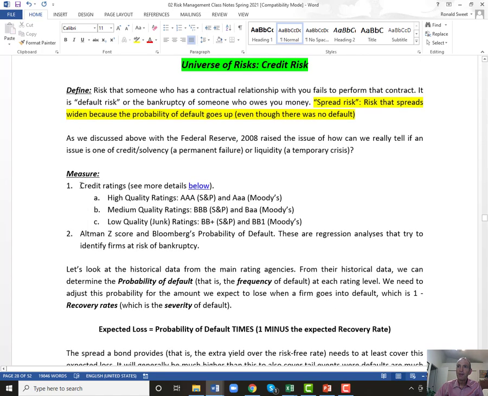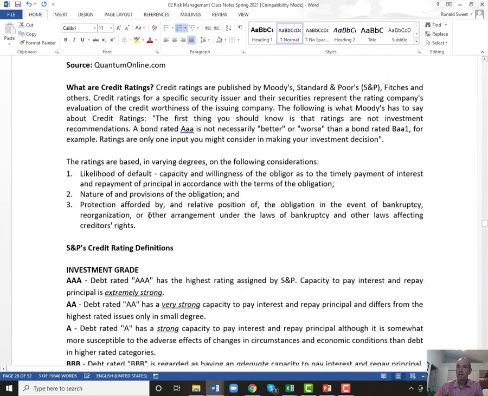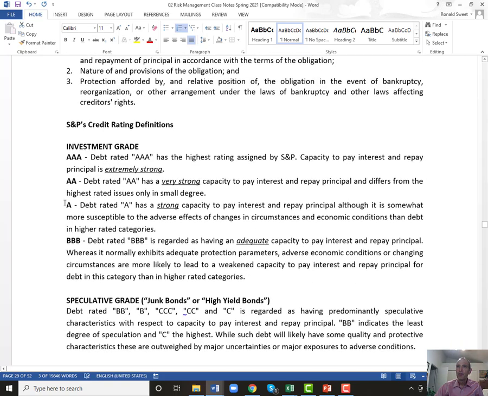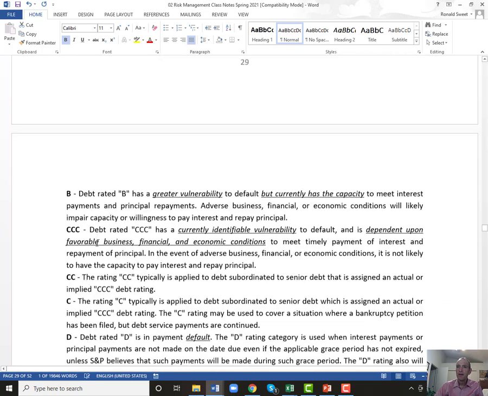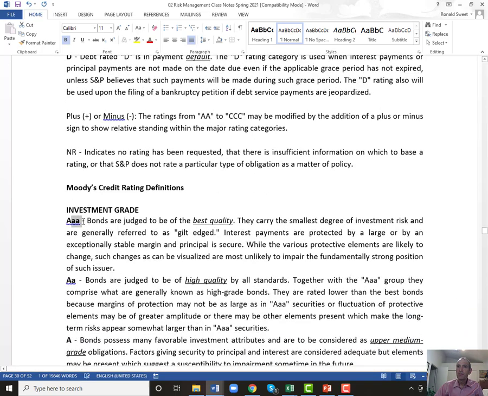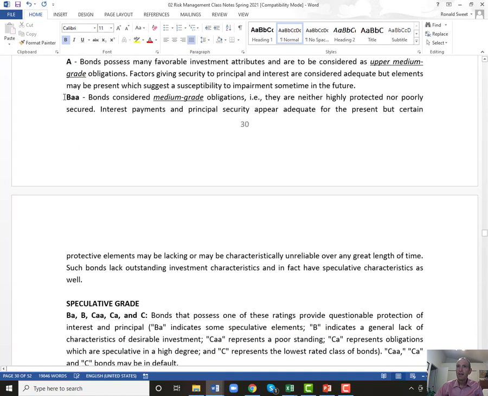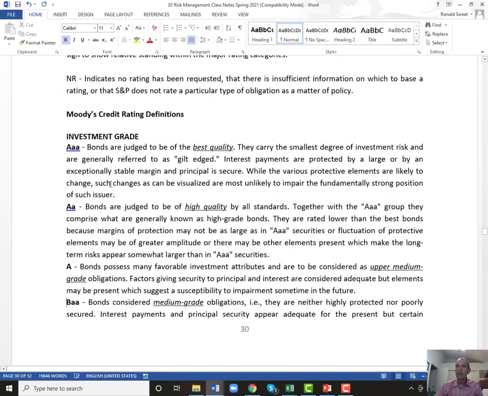So the main thing we do is we measure it through credit ratings. And I gave you the credit ratings in here. You should know your credit ratings. What's a AAA? So S&P has all caps, and the letters are all the same. So AAA, BBB, that's S&P. Moody's uses caps and small letters. So Aaa is a capital A and two small a's. And they always use little a's. So BBB is actually Baa. You'll actually hear it as Baa referred to, and that's Moody's.